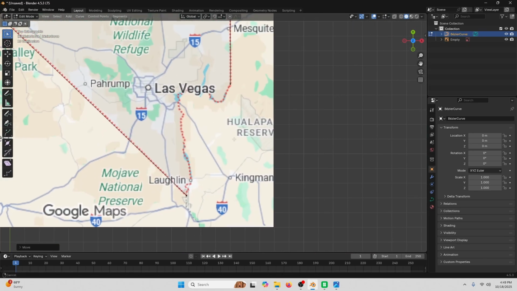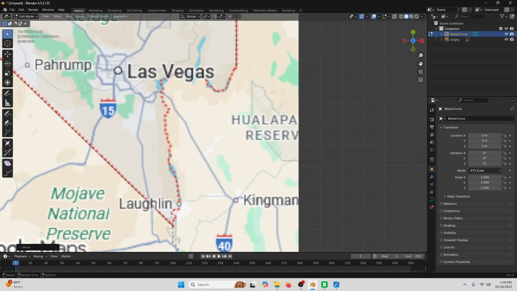Now we need to draw this Bezier along the Colorado River. So we'll use the draw tool here, and I'm going to draw just following along. So click and drag to draw. Follow along the Colorado River, getting close to my endpoints. So you can see this looks okay. It doesn't follow the